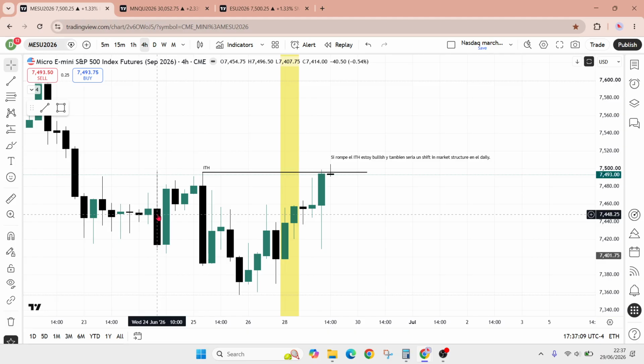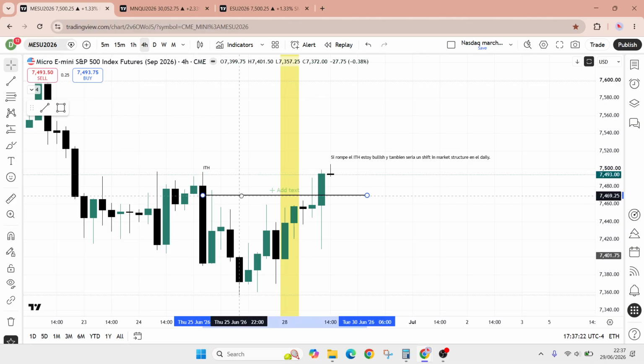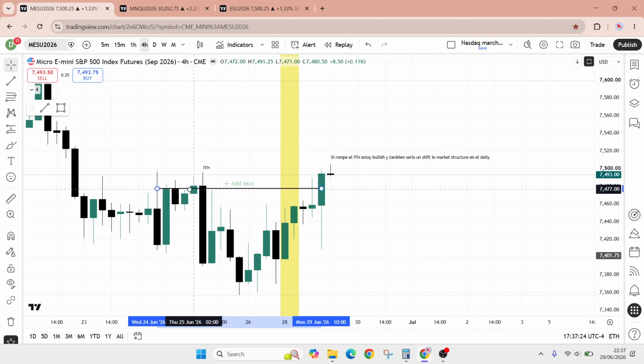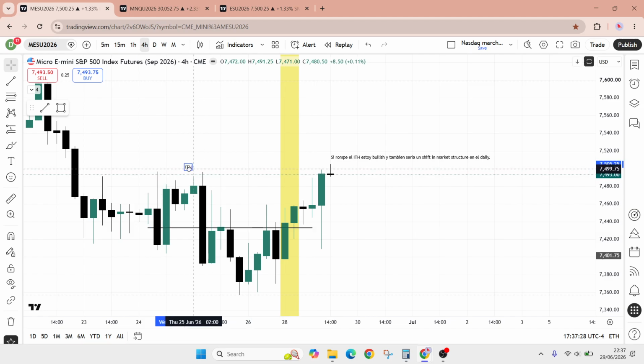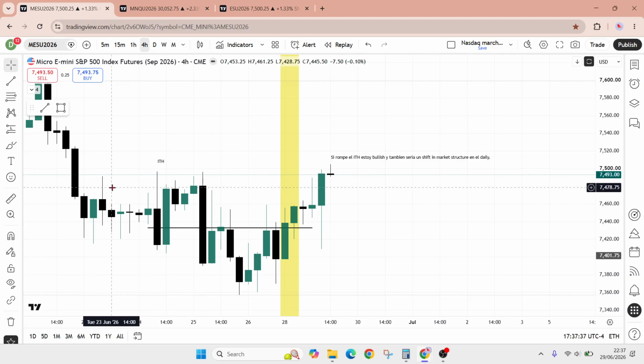I make these videos because I'm doing it live here. I'm not hiding anything. And this, as you can see, is a mistake. That is wrong. Now, it's not a horrible mistake because this becomes the intermediate term high, this candle. This candle has a swing high lower to the right and a swing high lower to the left.